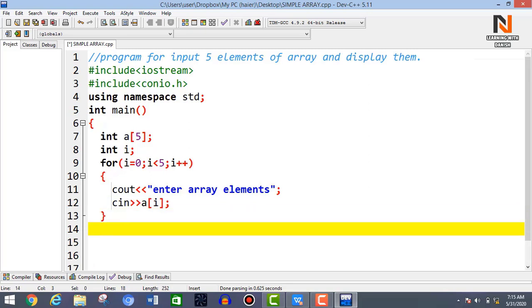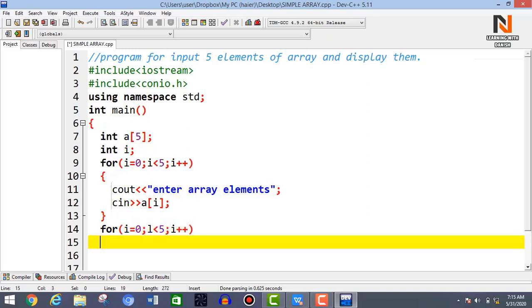Now I have to display array elements, so I am again using a for loop, and in the for loop I have to use I is equal to 0, semicolon, I less than 5, again semicolon, I plus plus, and curly braces.